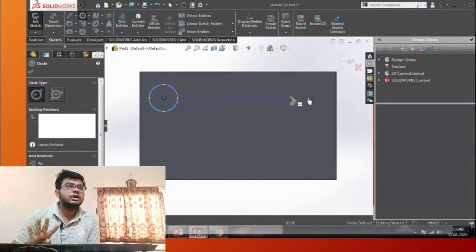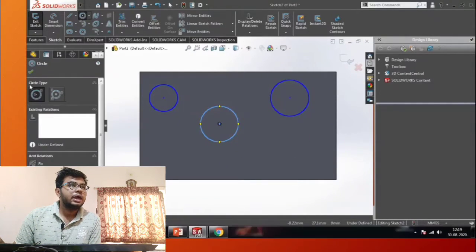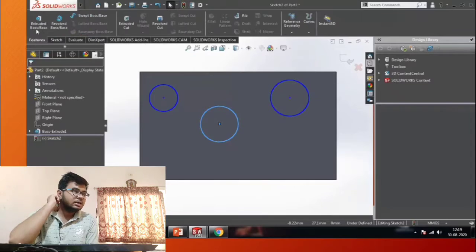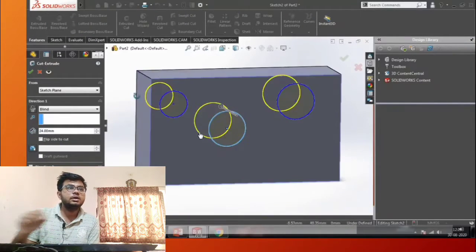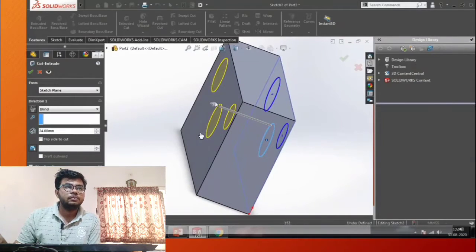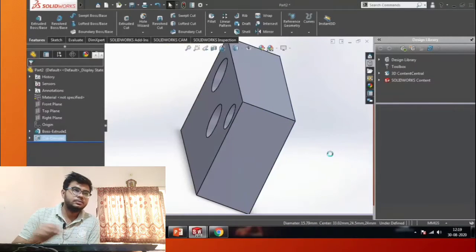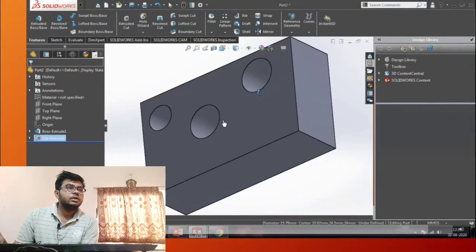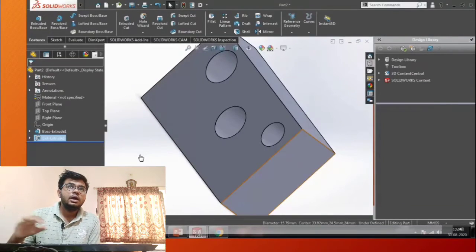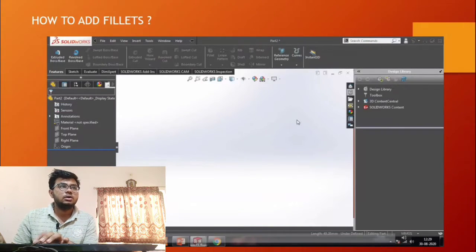I draw three different circles here. Now I go to extruded cut and click on those circles. It will cut through the whole extruded part. You can see the circles are cut into that part. In the same way you can also use revolve cut and swept cut.